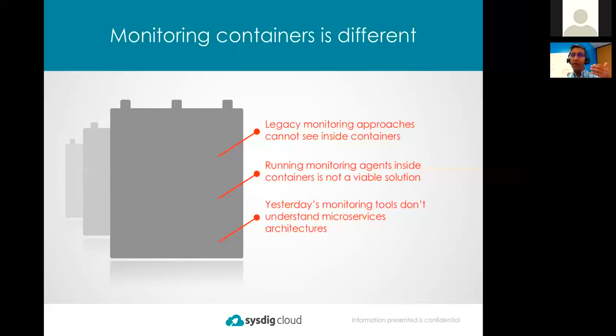Now, let's level up one. Why are you deploying these containers? For many people, they're deploying them because they're trying to build a microservice-oriented architecture. But most monitoring tools don't understand that a microservice-based architecture looks different and should be monitored differently, and may impact different parts of your team in different ways. So it's yet another problem you have to deal with. It's a more subtle problem in relation to your existing monitoring solution.